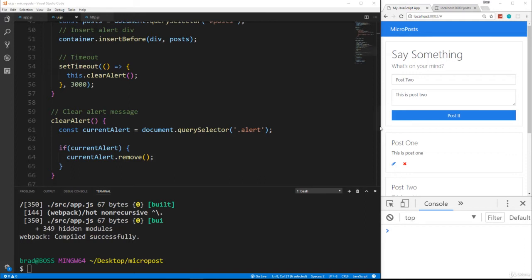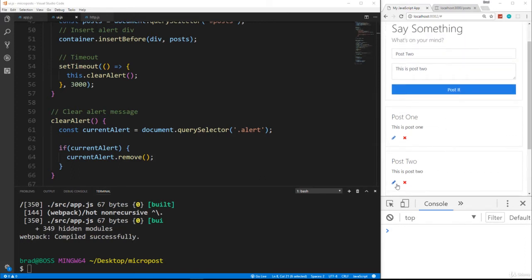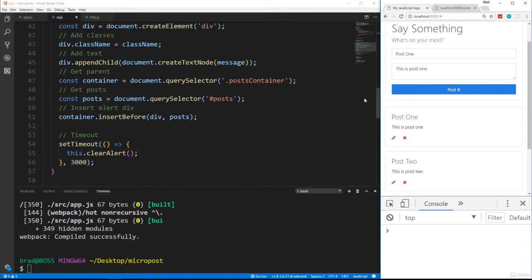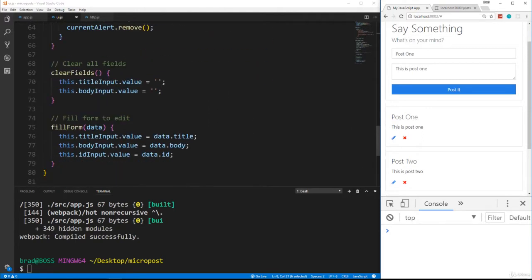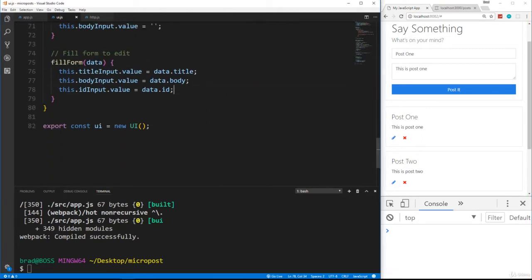Alright guys, in the last video we got to the point where we click an edit button and it puts whatever that post is into the form. Now there's a few other things we need to do aside from that. So what we're going to do is change the state. So in the UI.js, when we call fill form, after we put the fields in the form, we want to